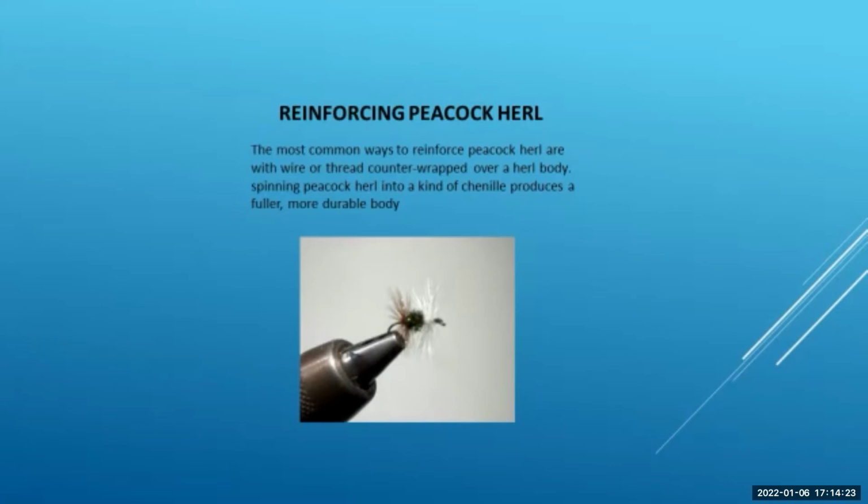But what I want to show you is a new way to do that, or a different way to do it, that involves spinning peacock herl into a kind of chenille. I learned this technique from a very old tyer who has now passed on. His name was Cal Bird. He lived along Henry's Fork in Idaho. And Cal was a kind of innovative tyer, well known in his day. And he developed a special tool for doing this particular technique,